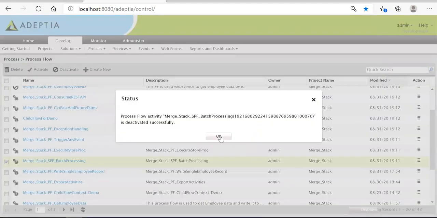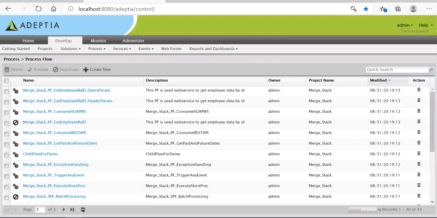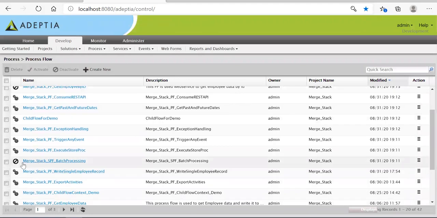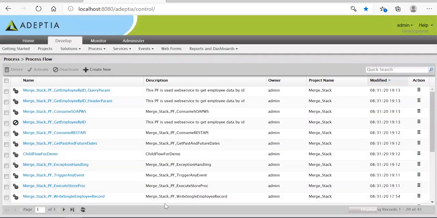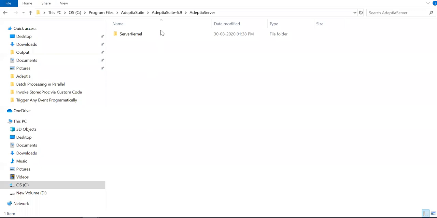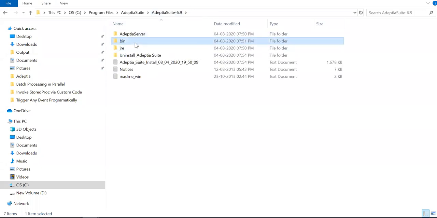Deactivate. So we have deleted two objects and we have updated two objects. Let's see after deployment whether these new artifacts get created or not, and whether those updated artifacts get overridden or not.